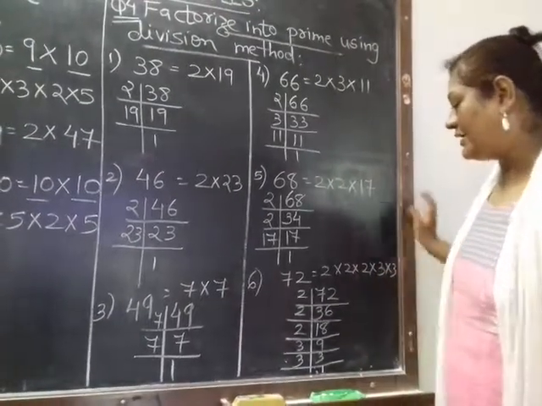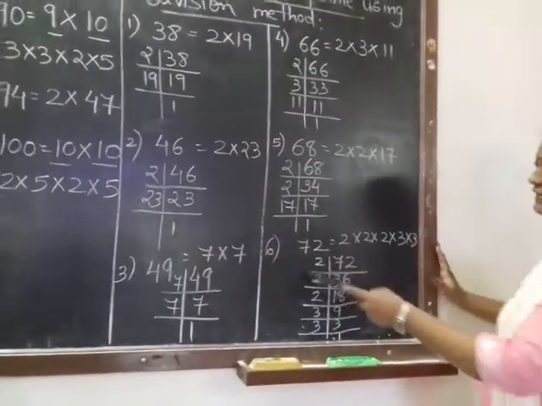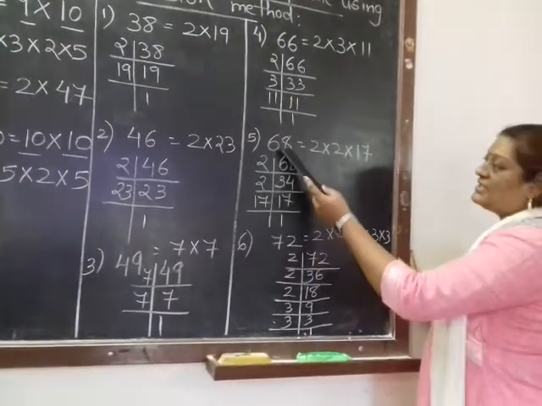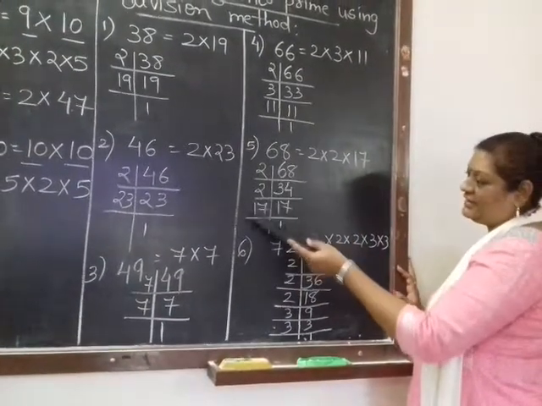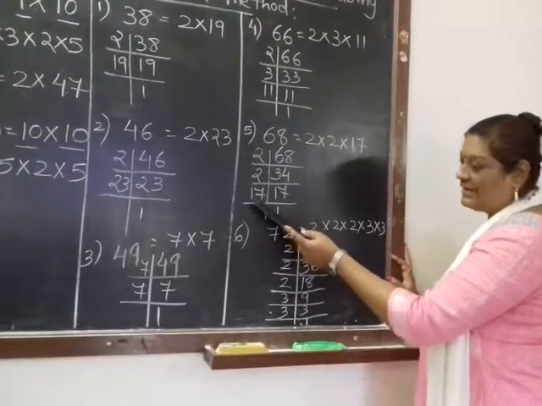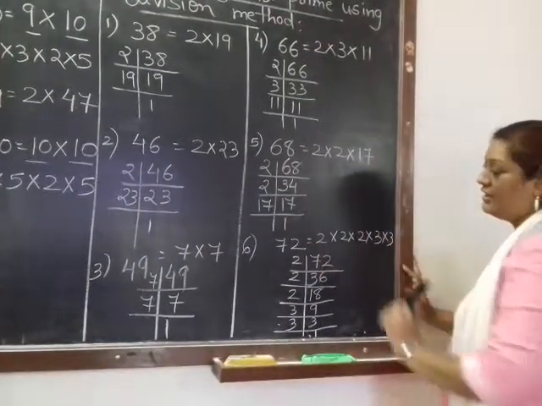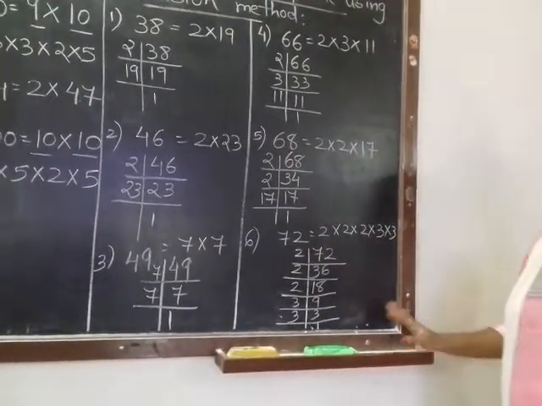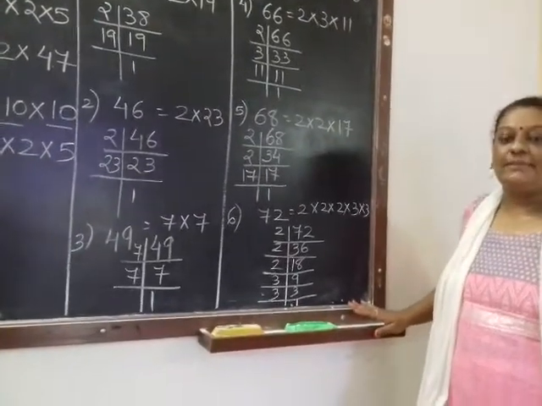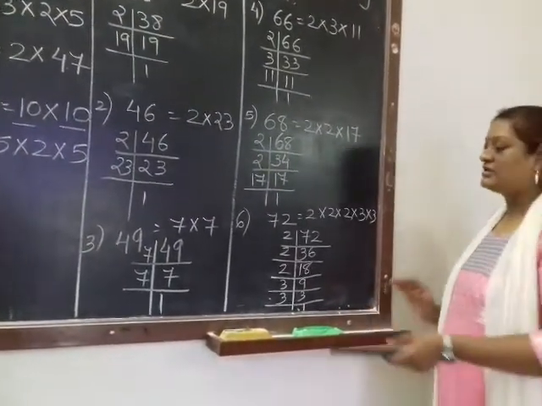The sixth one is pretty lengthy, you can check it out. As here you can see, the fifth sum 68. The factors we are getting include 17, right? And 17 is also a prime number. So please thoroughly go through the prime numbers till 20. Most of your sums will be solved.